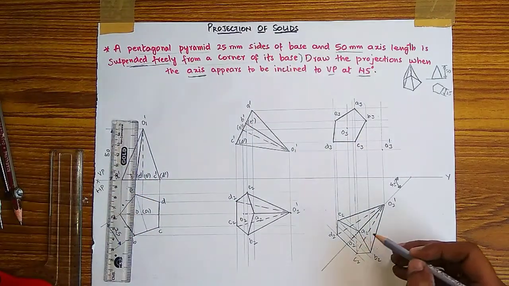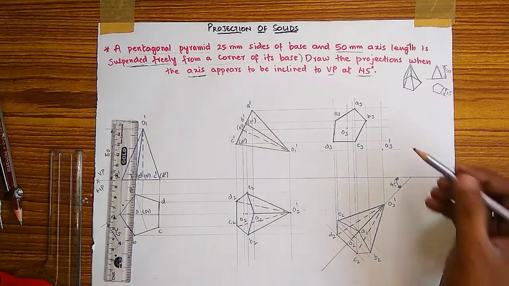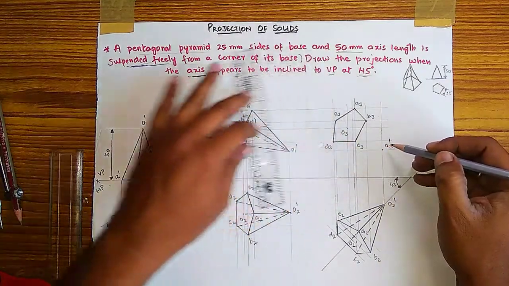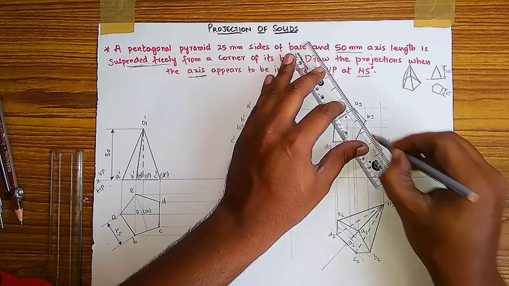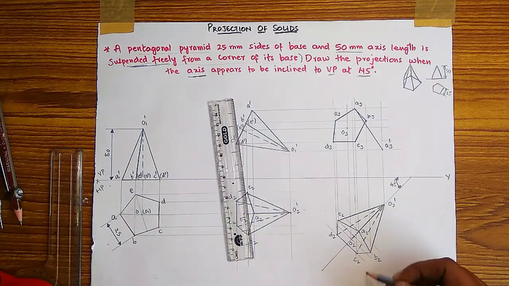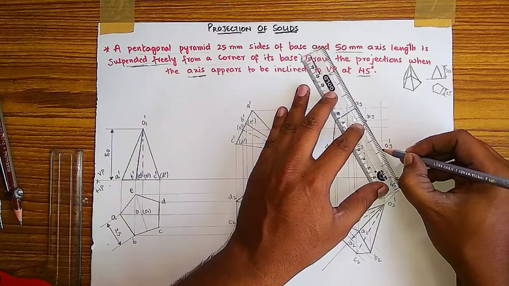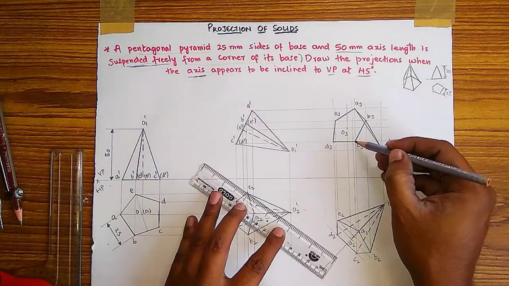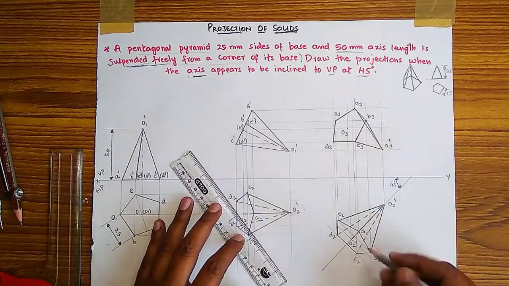Now we have to see A to O. A to O is visible from downwards, meaning the angle's half portion is visible. So A to O, where it is here, is also coming on the boundary. It is coming on the boundary, so if it is visible, you have to do it dark. Don't need to worry. And B to O is also visible from downwards. B to O, where it is here, is coming on the boundary also. Here it is visible, also dark. C to O is also visible from downwards. You have to do it dark. The angle's half portion is visible, so that's why C to O is also visible.